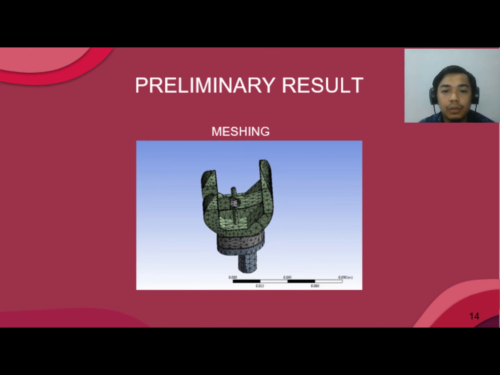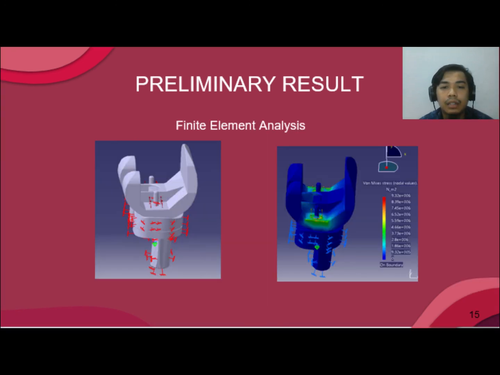The figure in this slide shows meshing analysis of the assembled modified knee implant at 0 degrees using ANSYS software. The impact of meshing analysis is to make the design more precise, convergent, and accurate, and to improve the speed of simulation. Lastly, the figure shows finite element analysis (FEA) of the assembled modified knee implant at 0 degrees using ANSYS software. The model is applied with an 80 kg force in the analysis. The load is applied at the surface of the femoral and clamped at the tibia and tibia insert. There is stress at the femoral surface.